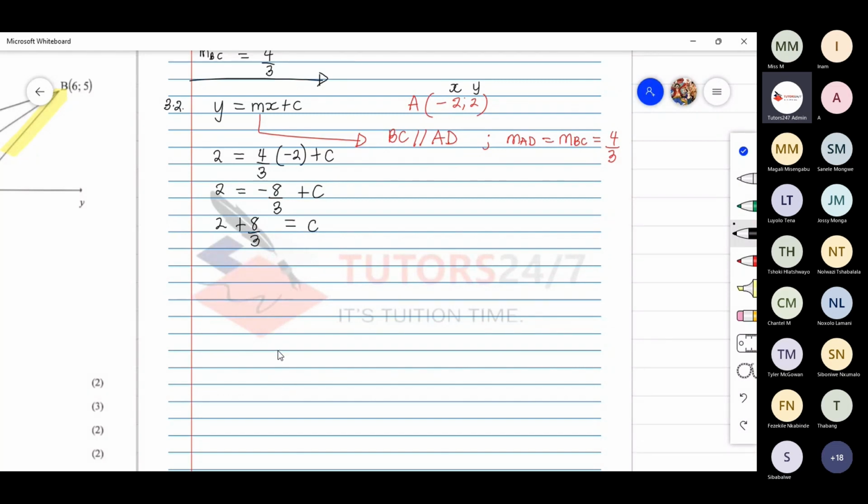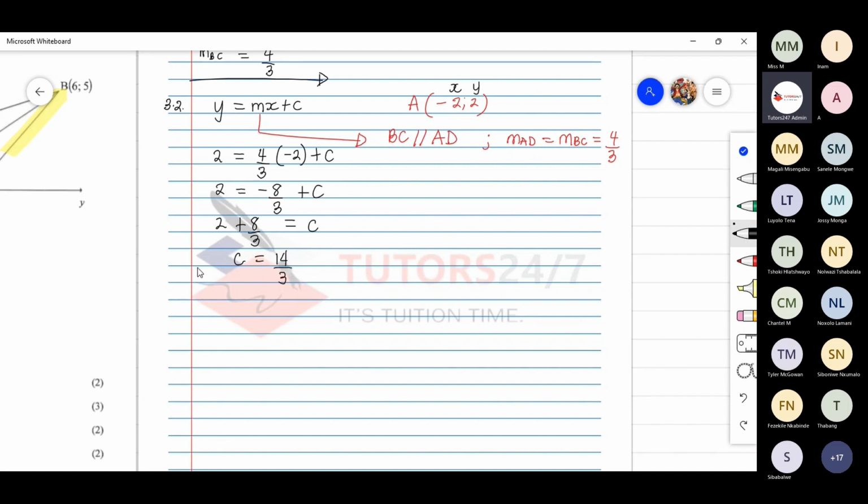From there, we can put this into our calculator. So in your calculator, you'll have 2. Just give me a moment. Okay, so you'll have 2 plus 8/3, and that will give you 14.67. Now, I would recommend you leave your answer in a fraction form as opposed to leaving it in a decimal form. It's more accurate in a fraction as opposed to a decimal, because in a decimal form, you have to round off. Okay, so our value of C is therefore